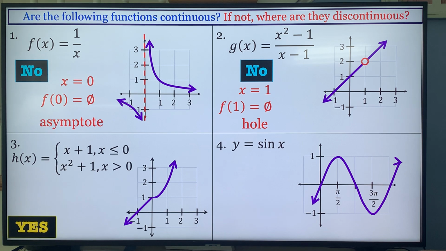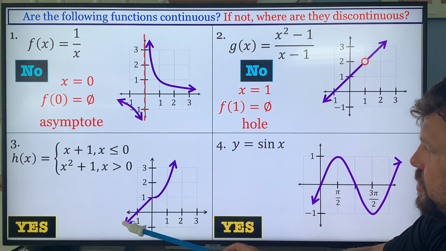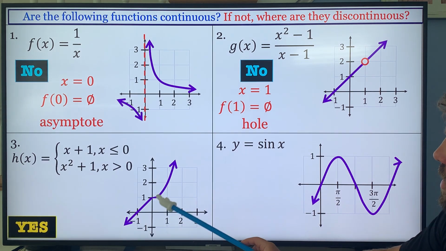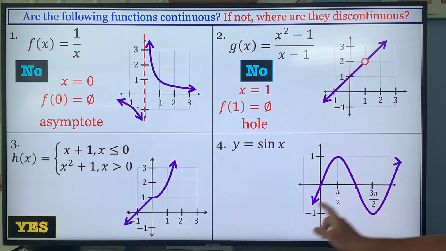Yes, it is continuous. Now look at what happens here. This is a piecewise equation. Even though it goes up and then continues to go up, the graph remains unbroken and it continues. What about the sine